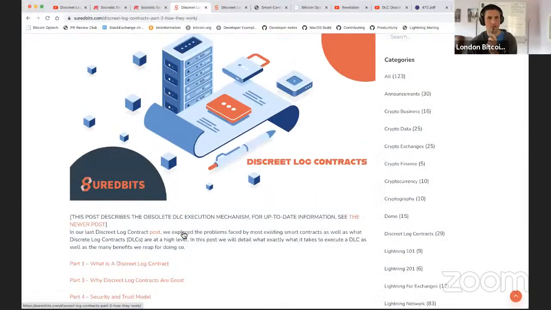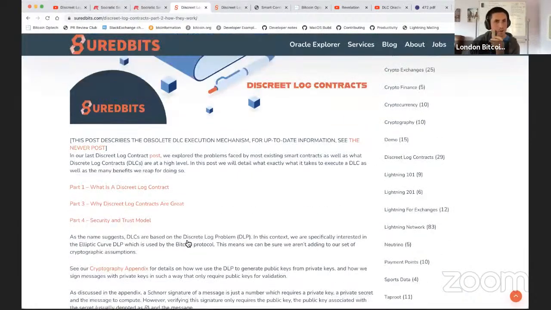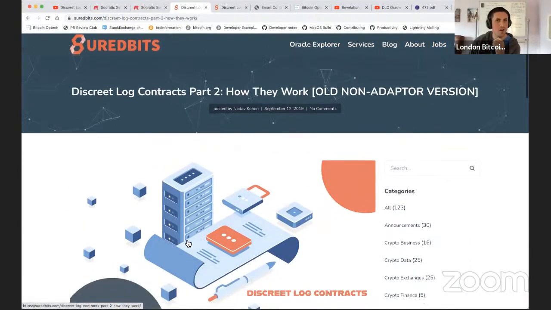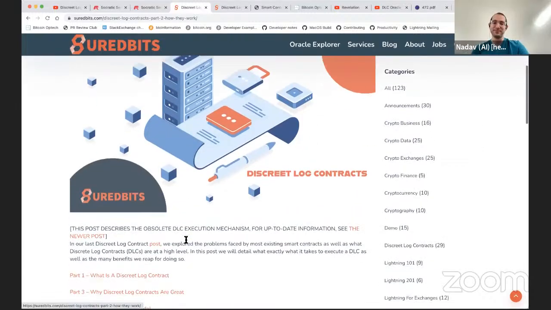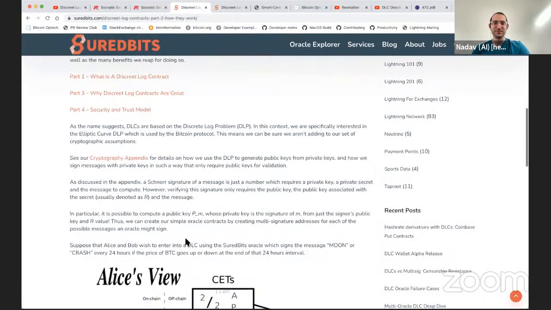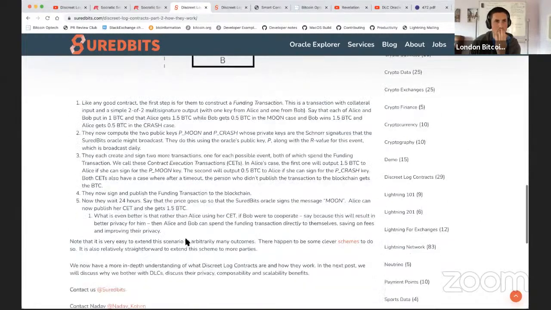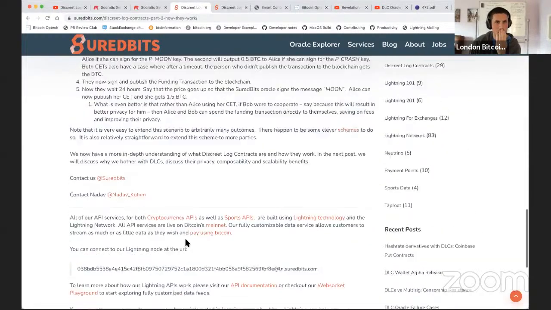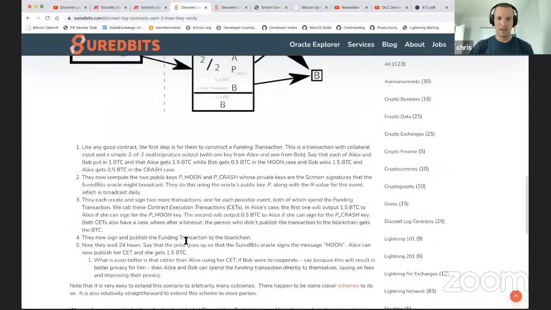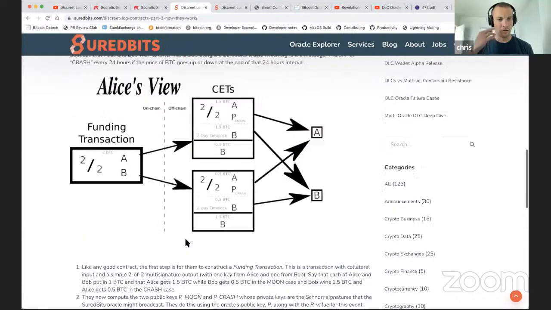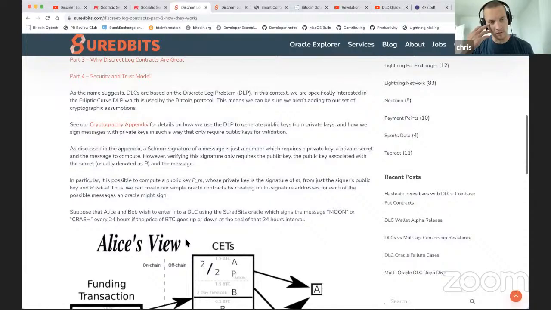Yeah, and then, okay. And you also have this blog post where you explained how they work before the latest adapter signatures that are used currently now with DLCs. Go ahead, Nadav. I believe, one of the key things that came along for us in I think